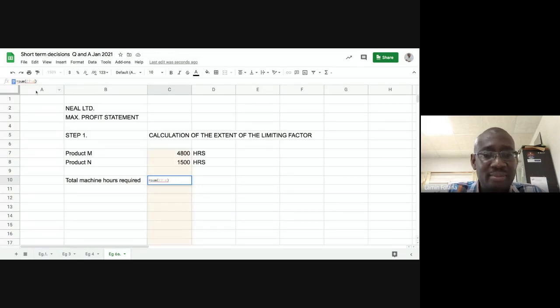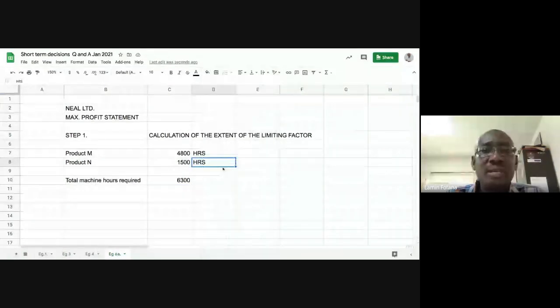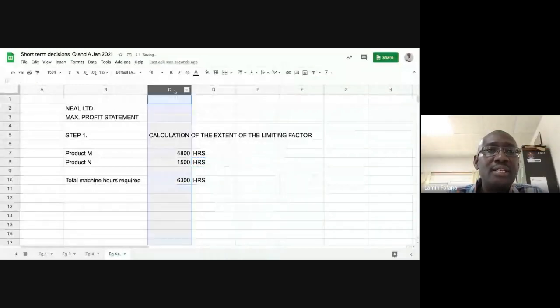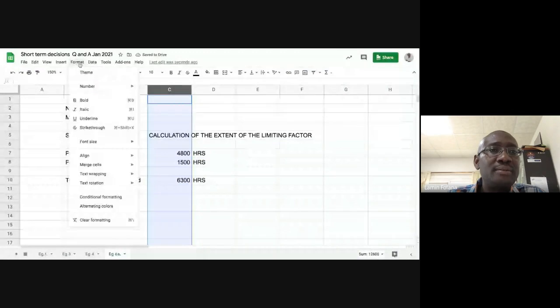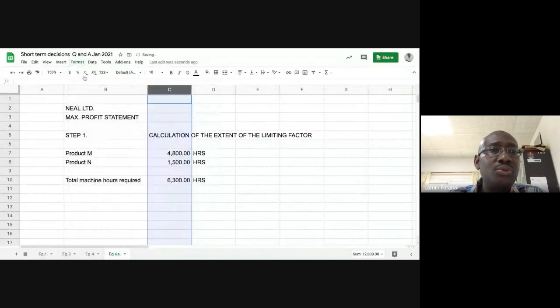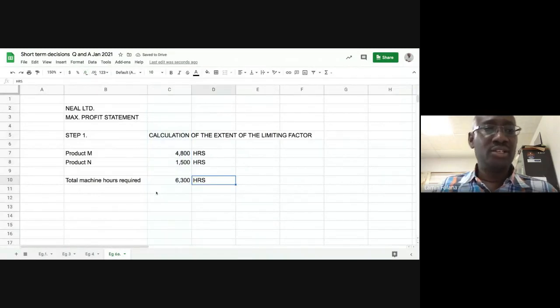So we type C8, close the bracket, and that gives us our total. We can take this to 0 decimal places, just like we did yesterday. We do number formatting and reduce to 0 dp. So our machine hours required is